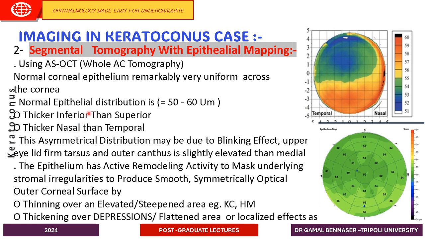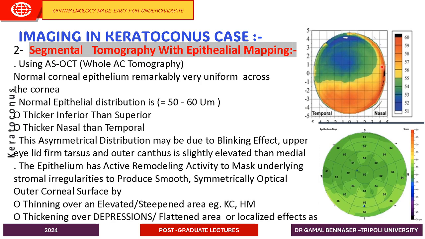As you know, the normal corneal epithelium remarkably is uniform all over the cornea, and hardly will you find any difference, just a very mild one of a few microns. And the difference is mainly between the superior and inferior parts of the cornea because of the blinking. Also, you will find the temporal cornea is flatter than the nasal cornea, and this may be because of